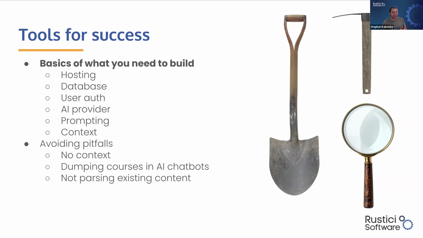Dumping courses in AI chatbots. If you have a SCORM course or an xAPI course, merely dropping that into ChatGPT or something like that and saying, "Hey, give me the course content from this course," usually does not work. It'll try to open that package up a little bit, but it usually fails at that. And that's why we depend on Rusticy Generator to pull all that context out. And then not parsing existing content. You have in your course libraries this wealth of information and wealth of context about your courses and the knowledge inside them. You start using that in your AI chatbots